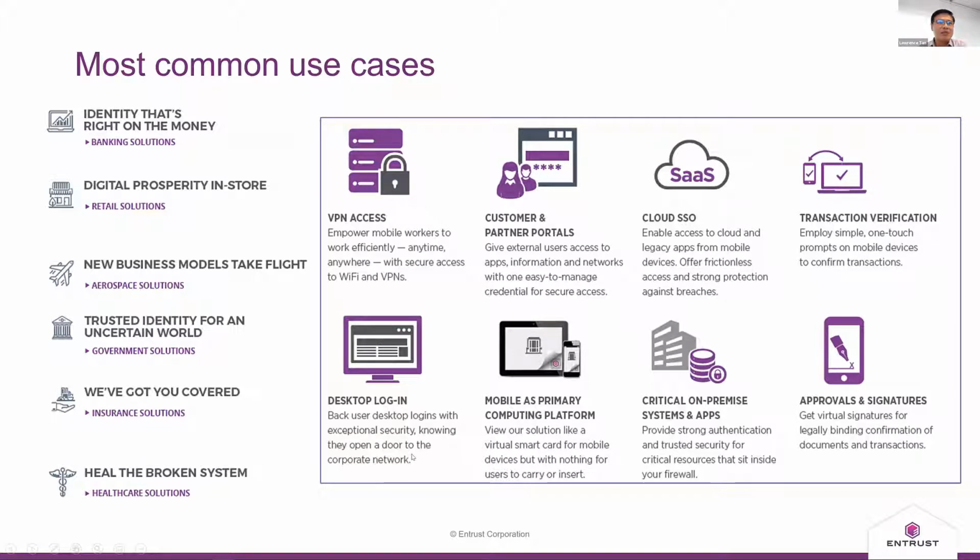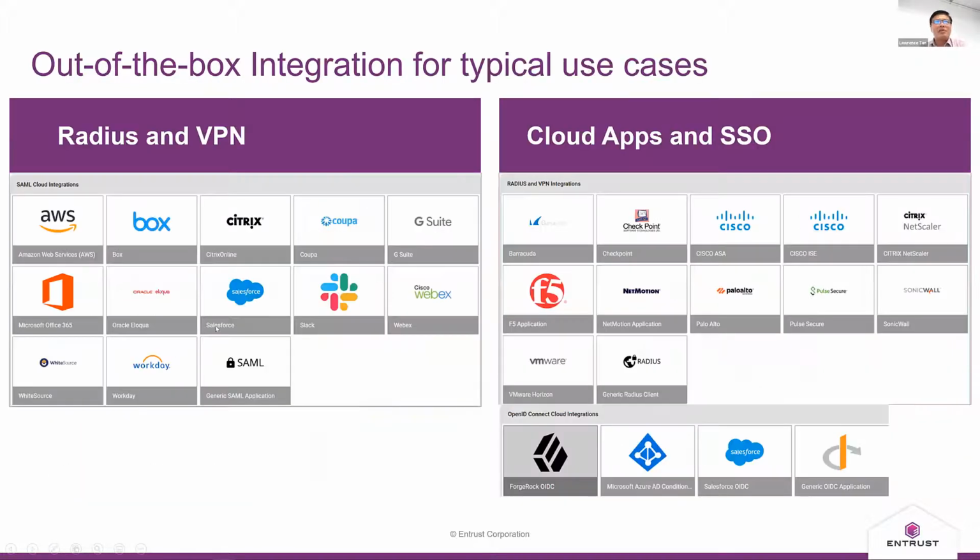Another common use case is the Windows or Mac login. And then you also have some on-prem legacy applications that can enable 2FA through our SDK. Yep. And then this is some of the out-of-the-box integration and typical use cases that you can see here. You can see the whole list of single sign-on applications, and you can see all the third-party devices, which I think you can go to our Entrust website to take a look at, and then you can download the integration guide for integration.